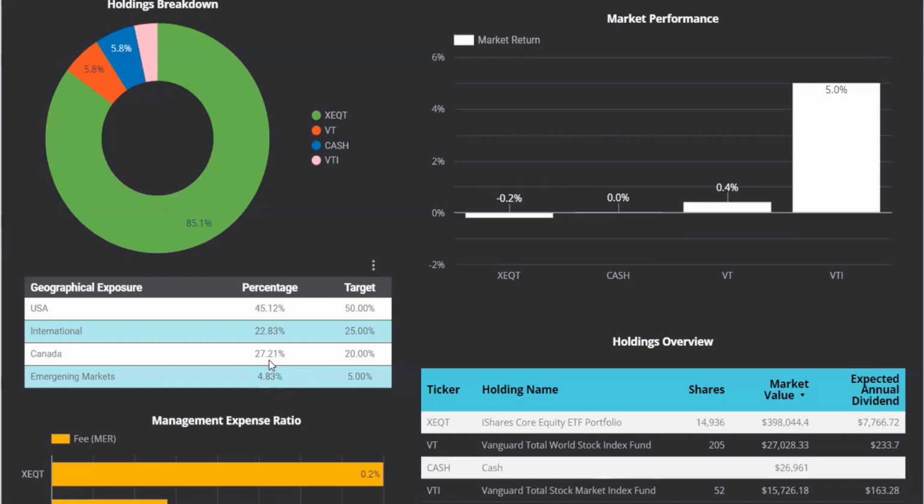One of the reasons that this is higher is that we are still holding on to approximately $27,000 in cash in our brokerage accounts. We are gradually using these funds to buy into more shares of XEQT. As we do that, you are going to see that we're getting a lot closer to that Canadian target asset allocation. The 27% is going to go down over time, get a lot closer to the 20%